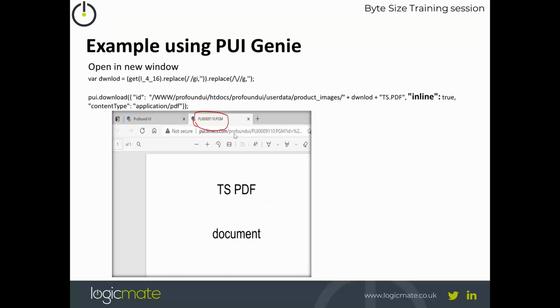But that opens in a separate window. When the user's finished viewing that document, they just click on the X and it goes back to the previous window, which is the one running the application. But at the top of the screen, I've put the code, the single line of code that's used to generate